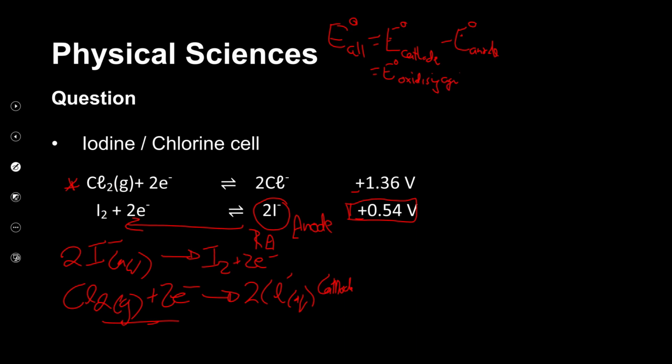Now, if you're not sure, you can check and write both down and make sure that you've got it, minus the E naught of the reducing agent. The reducing agent is on the right-hand side. So we're going to make sure that we get that right. We're going to write down the oxidizing agent, first of all, as 1.36, and it's positive, minus, and then in brackets, we're going to put the anode, or the reducing agent, and we're going to say 0.54. Now, we didn't have to have brackets because there was no negative there, but let's get the calculator out